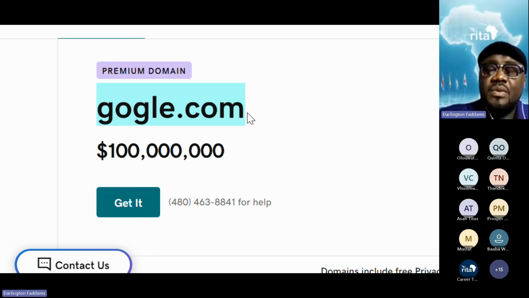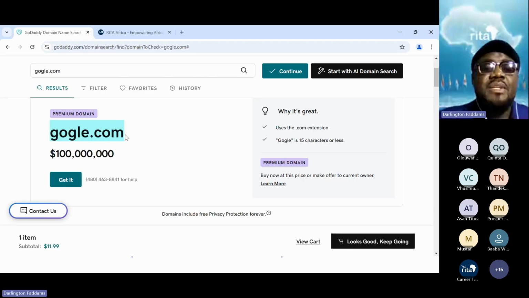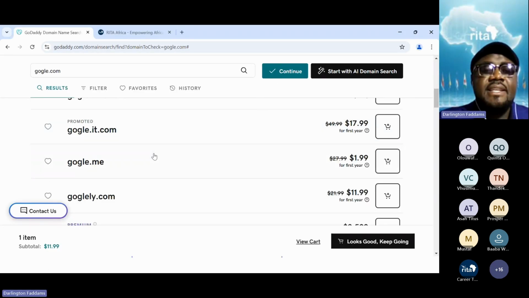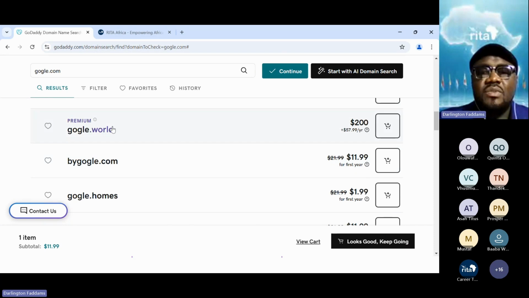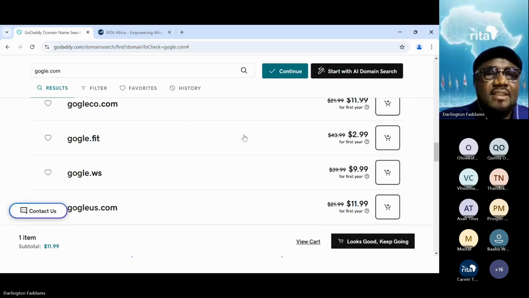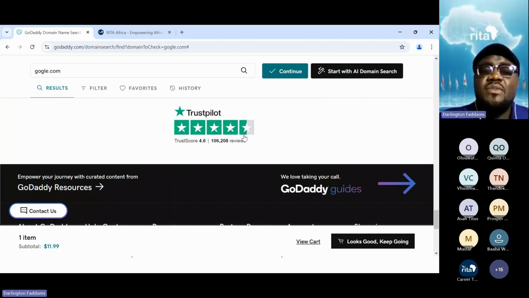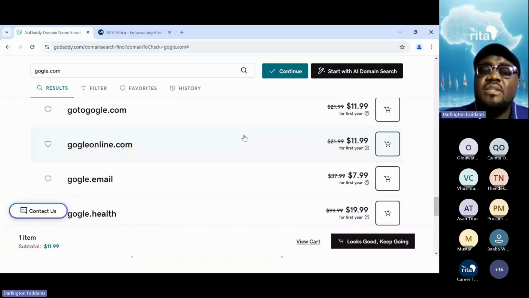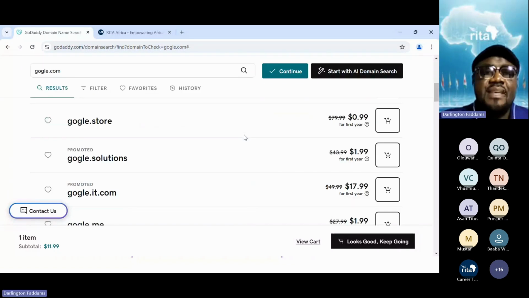Sometimes you come across premium names, and you see that, like this one, google.world is $200. You'll be searching for different names and you see premium. Premium means someone is selling.